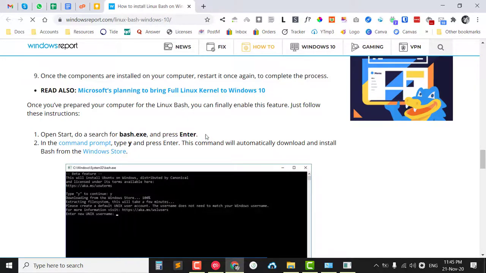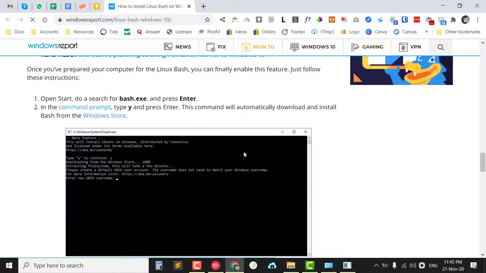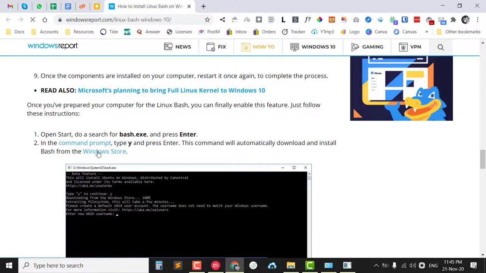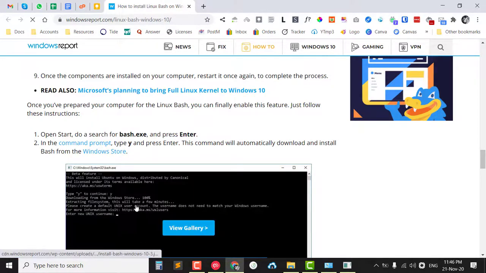For me before, I believe I was redirected to Windows Store and then you just download it there, or maybe I really don't remember. But as he said in this article, it will automatically download it. So maybe it will just be downloaded here, just like what it says here. Download from, oh, it's here. Sorry, it's here. So you will not be redirected to Windows Store. They will just fetch